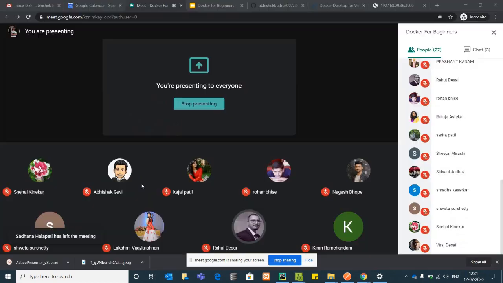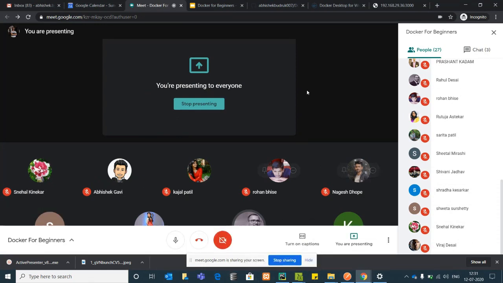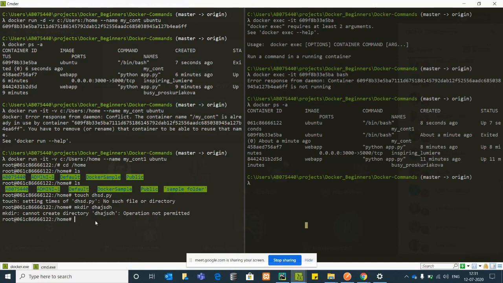My access is not there for that because that is my company's user account. So there is no write access to create any folder there from outside the container, because the container has a different network and the host machine has a different network. So it will not work to create a folder inside the container as of now.